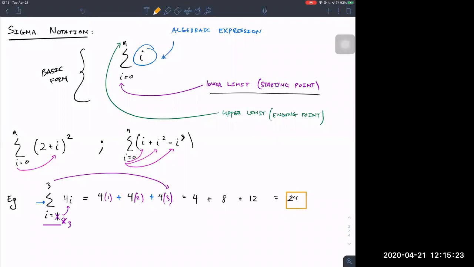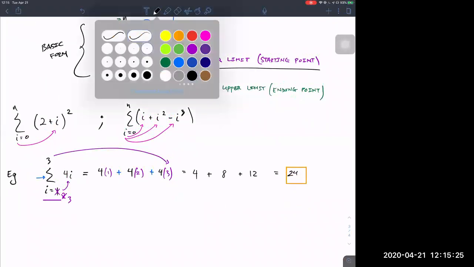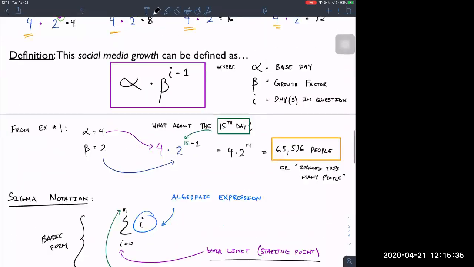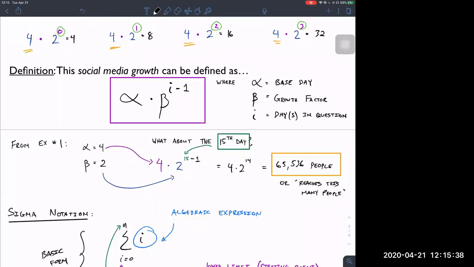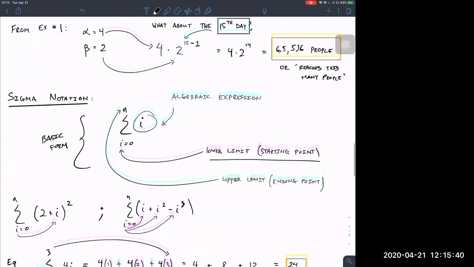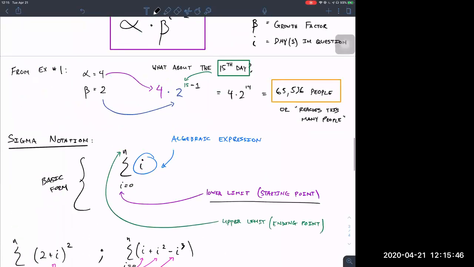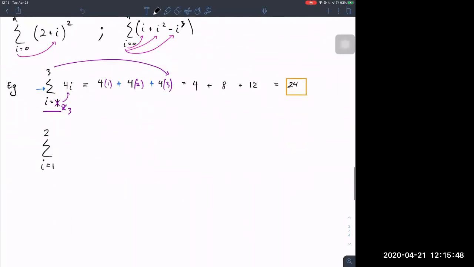Let's do one more. In fact, we'll do one more, and I'm going to go to only 2 this time because I don't want to wear you guys out. We're going to do it following this format right here, right? Social media growth, this weird little thing that I've created. So we're going to call it alpha, but this time it wasn't alpha, it was what? 4 times 2, yeah. 4 times 2 to the i minus 1,